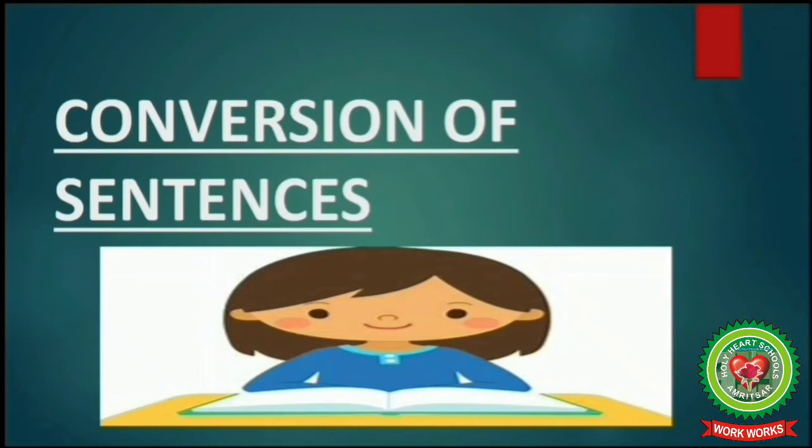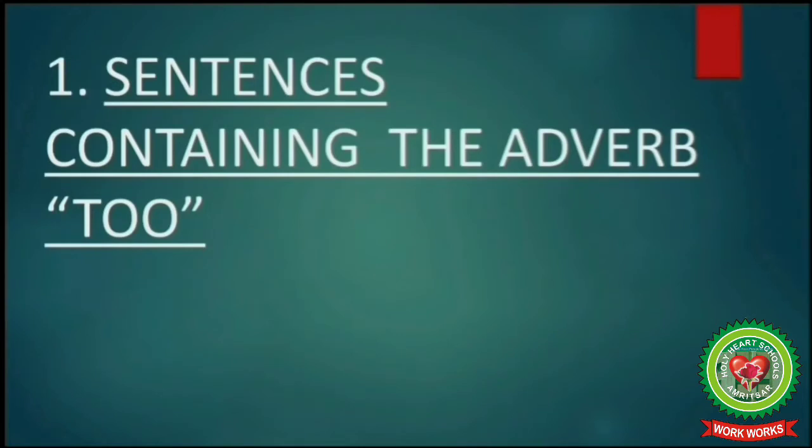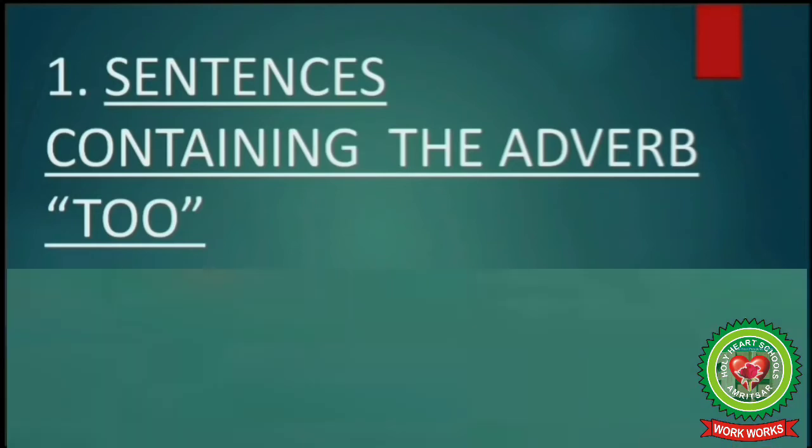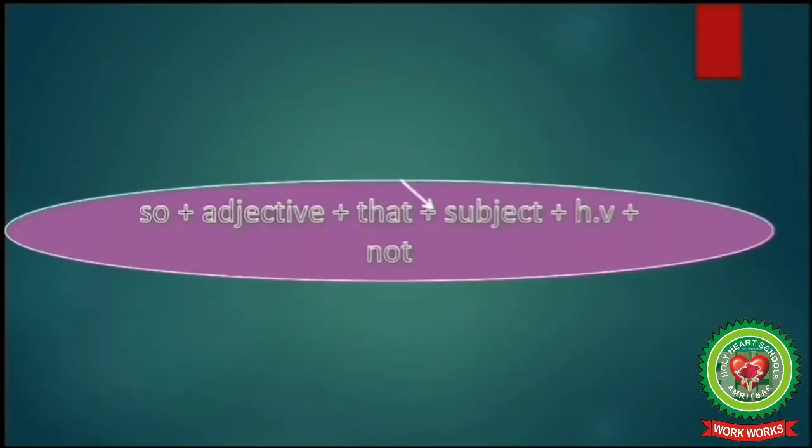Now students, first we are going to transform the sentence containing the adverb too. In this type of transformation, the question will have the adverb too and we will be told to remove too. Now what do we do? When we have to remove the adverb, we must replace it with another word or words. But remember, the meaning should remain the same. Now students, how do we do this? So for this, you have to see the examples. So just look at the example here.